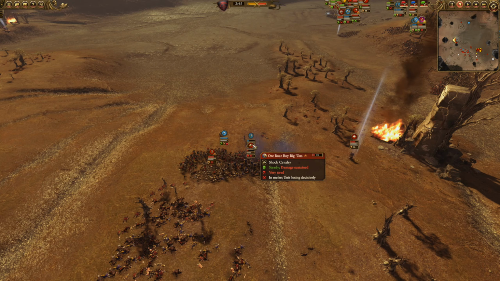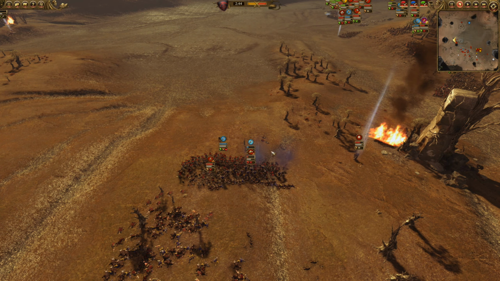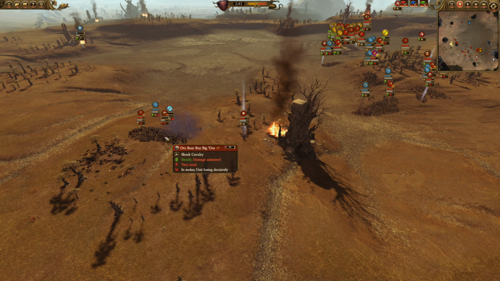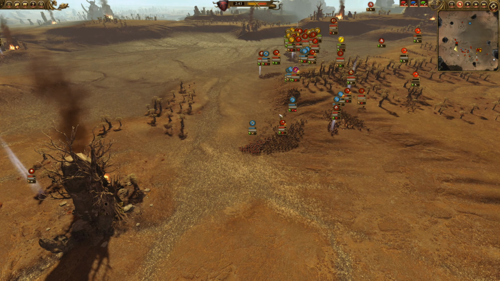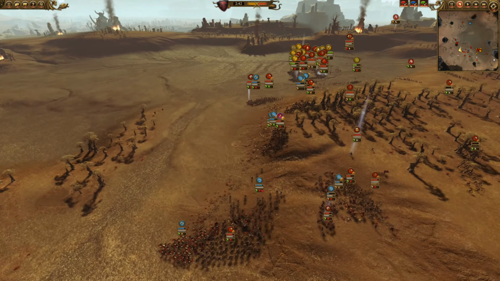But then they stayed in combat and lost their second Orc Boy Biggin to double halberds. I don't know why they chose to keep this fight. Like, they should have disengaged. Chaos Warriors are so slow, so they could easily disengage and then apply these rear charges to these frontline forces. But they're just going to lose their Orc Boy Biggin to these halberds, which is exactly what the Chaos